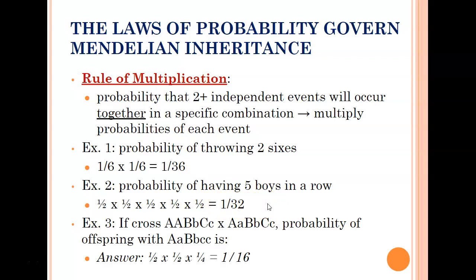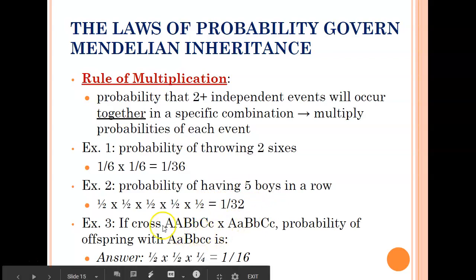Okay, so now here is a little bit tricky. If I have a crazy trait thing here, so I have A's, B's, and C's, what is the probability of having them be big A, big B, little c, little c? Well, you multiply their probabilities together. So let's look at just the A traits. In order to get big A, little a, if I were to do a Punnett square with just the A's,